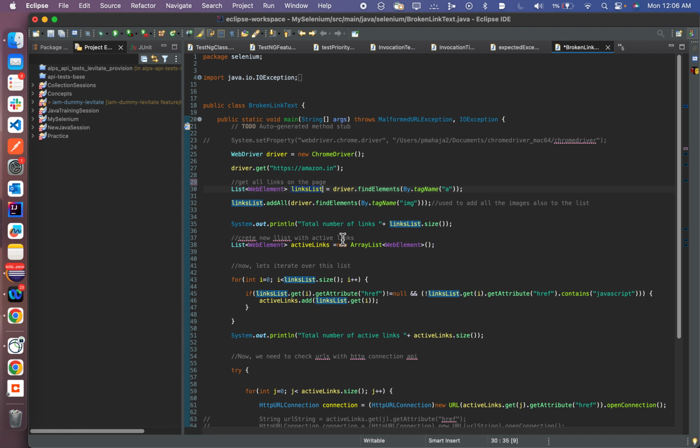Okay, no, this is not empty. This has all the links, right? Now how do we add more links of the images also? So linkedList.addAll(driver.findElements(By.tagName("img"))). Now all the image tag web elements and all the link tag elements will be here in this. Now once you have all of it, you just print the total number of